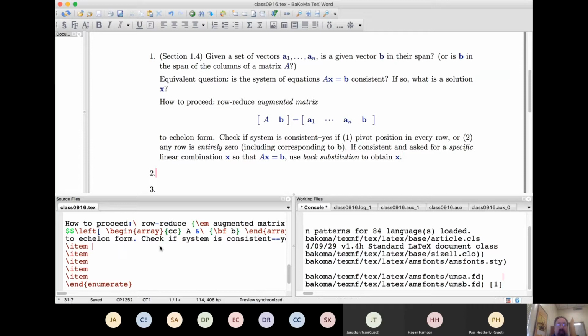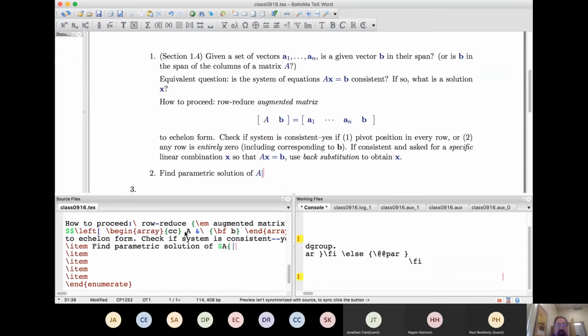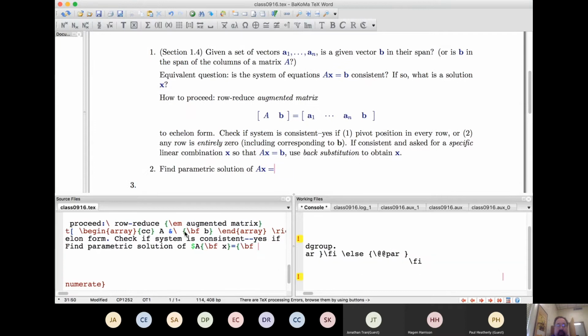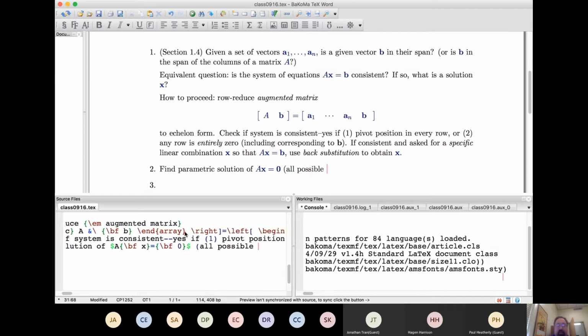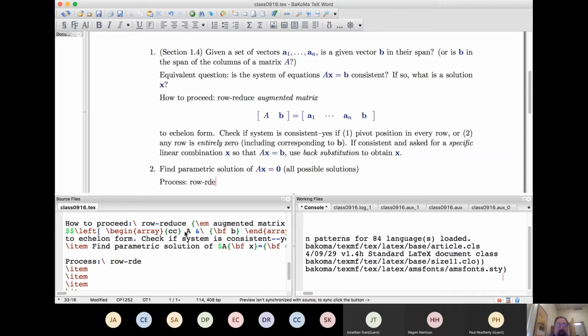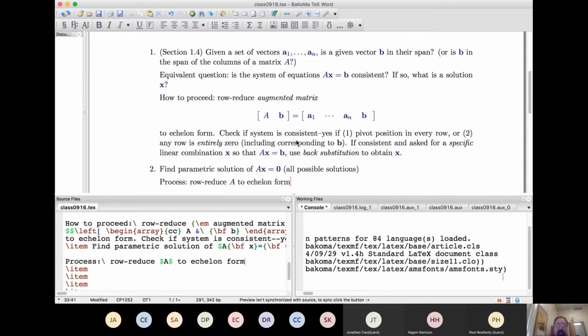Now the next kind of problem: I have to find a parametric solution of this system of linear equations where you have 0 on the right side. So in other words, you're describing all possible solutions. In that case, again, you row reduce, but there's no need for an augmented matrix because the right-hand side is 0. And then